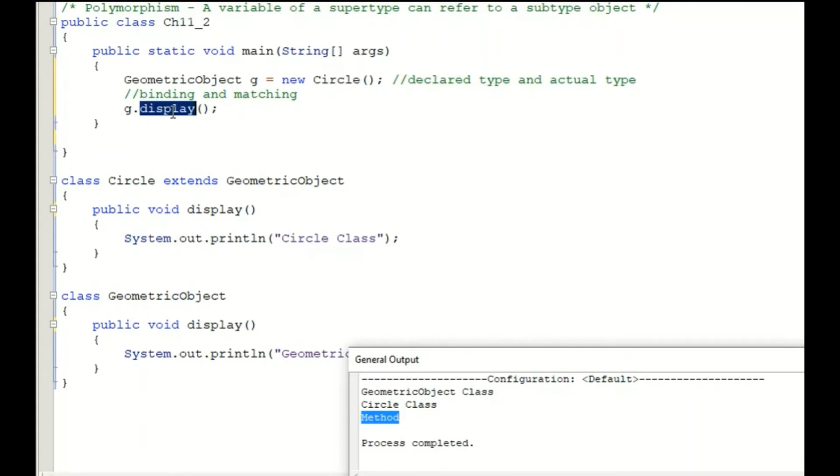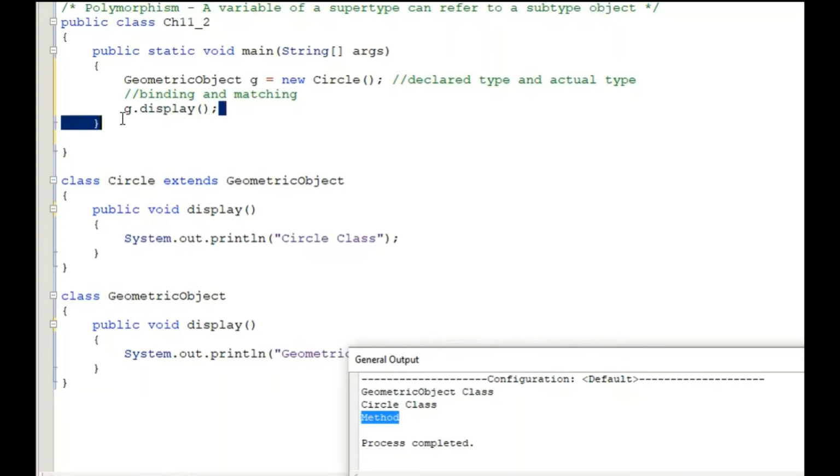And I'm calling the method display, g.display. So will this display execute this method or this method? The compiler cannot decide during compilation. The compiler is not able to decide whether this display is referring to this display method or this display method. But while execution, the JVM will decide.